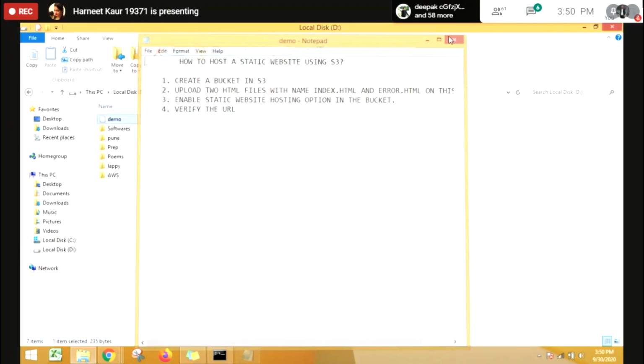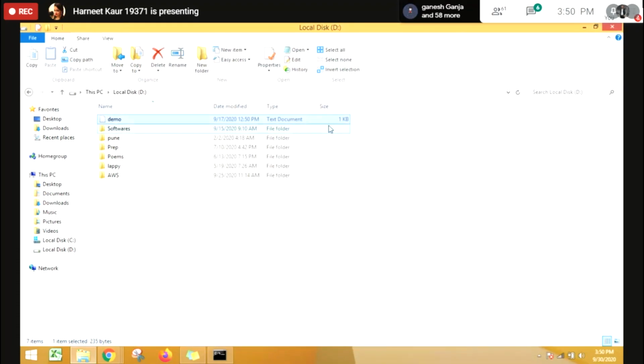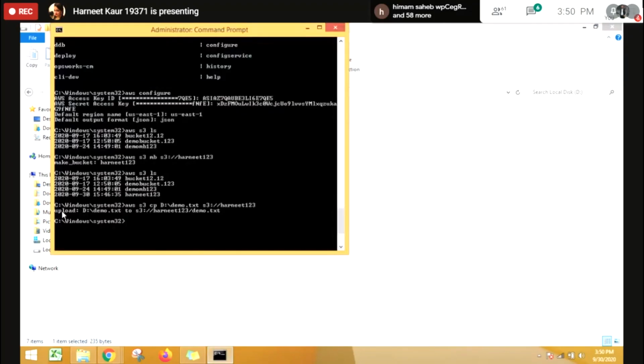So my point is that based upon the size of this particular file, this command will take as much time to upload the data. If you are uploading a bulk file here, it will take a lot of time, maybe a minute or 2 also, to upload the entire data into this bucket. So please mind this point. If after running this command it is taking time to answer you, it means that your file is a little bit bulkier. That's why it is consuming more of your time. All right. So this is the command. I hope everyone is done and okay with this command.